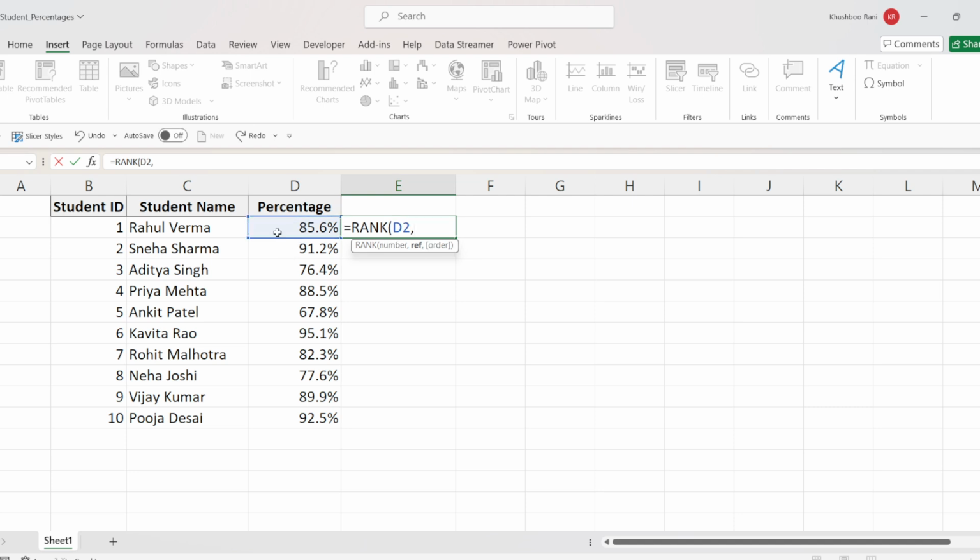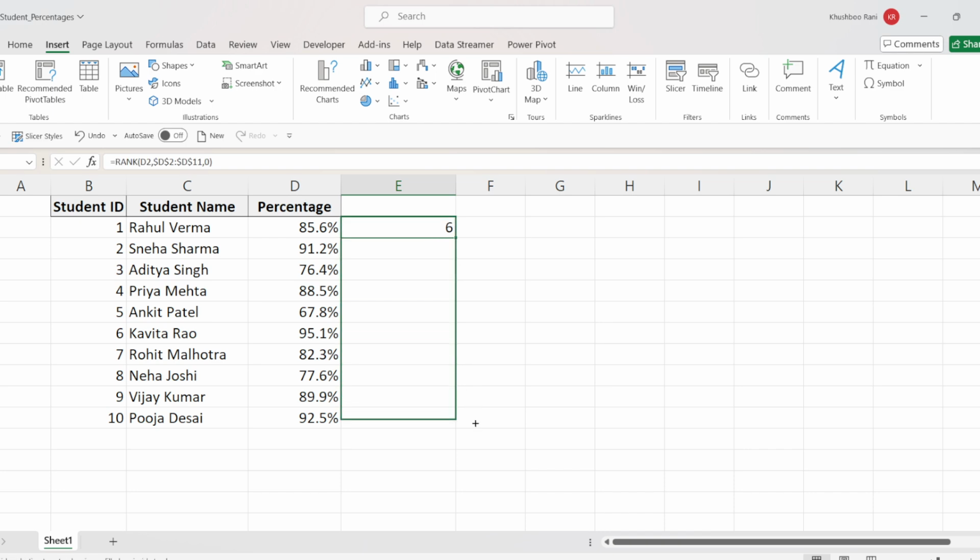will get the reference. So our reference will be the column D. So we will fix this range and we want the rank in descending order, meaning the percentage with the highest percentage will get the first rank, and then we will press enter and we will simply drag this formula,